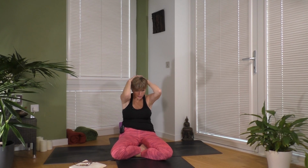Fold forward, and then inhale, lift, and then take your hands and place them on your knees. Take your hands on top of the knees, cup them. I was going to say cap them, cup them. And then inhaling forward, opening up your heart, lifting, and then exhaling, sliding the hands towards your hips, and then